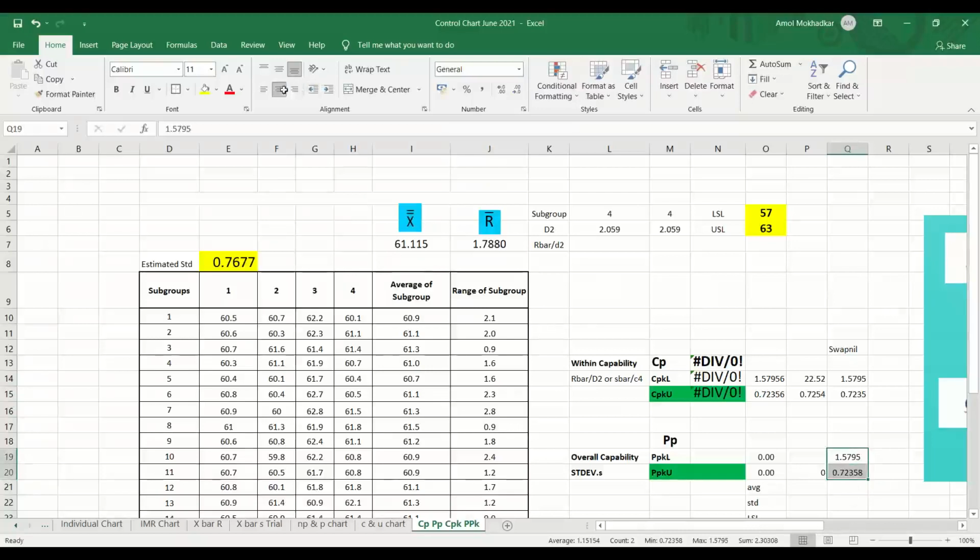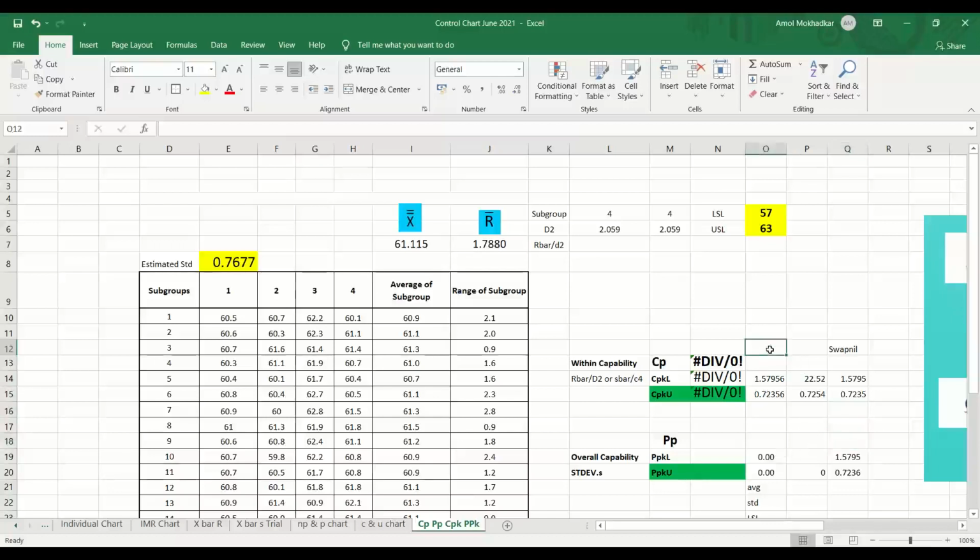Have you used the same formula? The formulas have to be different. Swapnil, this formula needs to be different. Just check whether you have used the same standard deviation. The difference between the two is the standard deviation. The rest of the formula is the same, because the average value of the process will be the same. The only thing you need to check is the standard deviation.